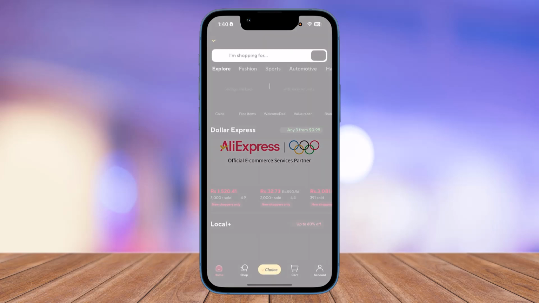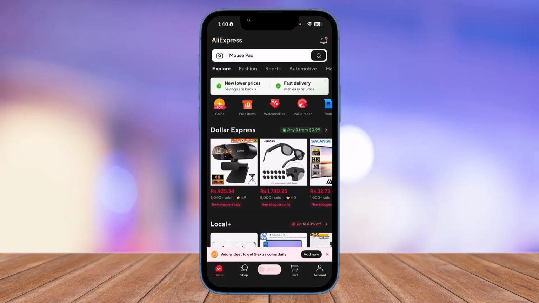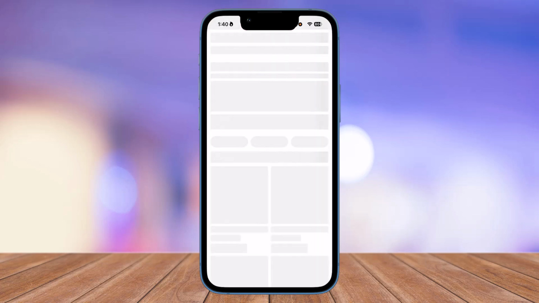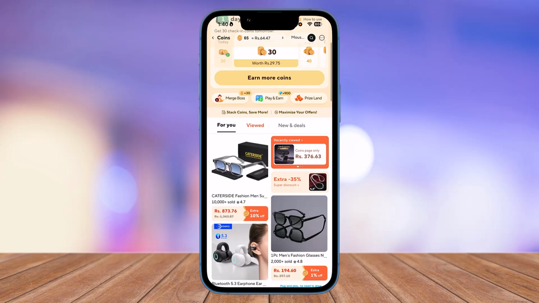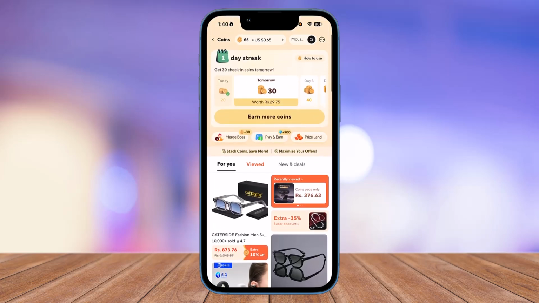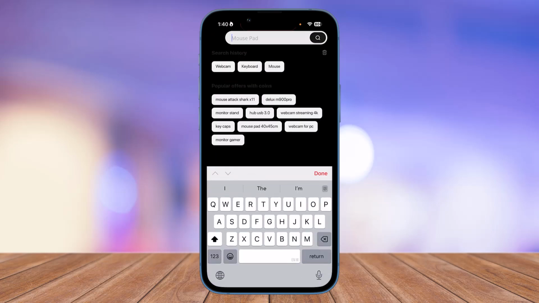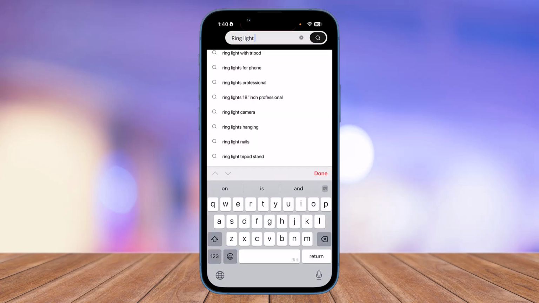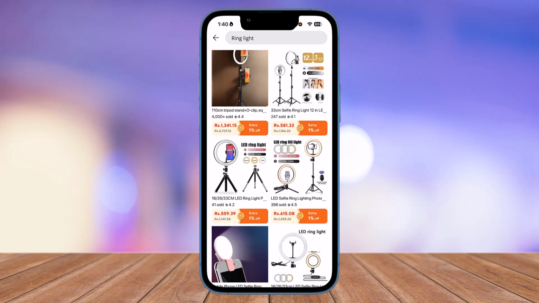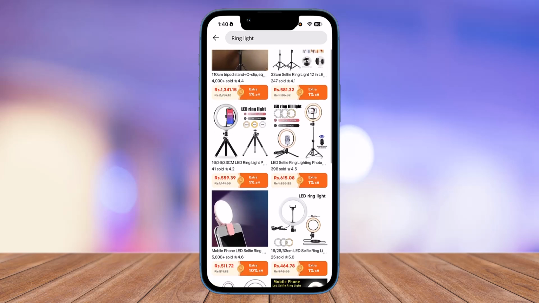The first thing you're going to do is open your AliExpress application and click on coins that you can see on the top. Now, this is a way to go ahead and get a discount on almost anything. Just collect coins every single day, and you can simply head to the search bar on the top right of this coins page, where you can simply go ahead and search for whatever you are looking for. Let's just say ring light for this video, and then you can see all the discounted ring lights with the